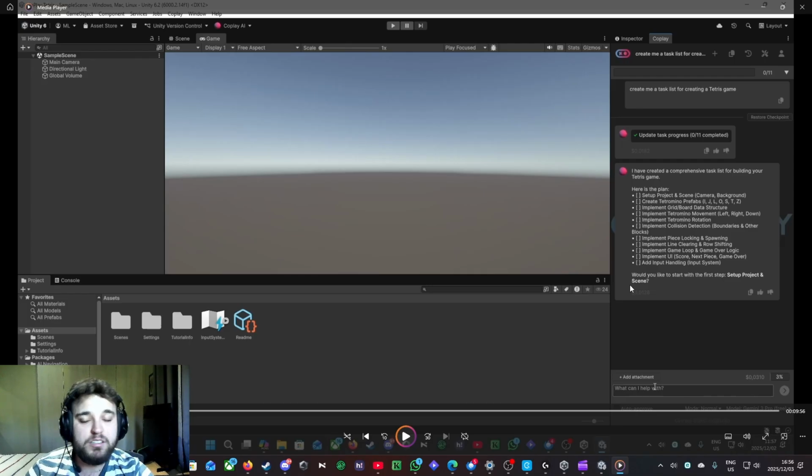So the first point is setting up the actual project, like the camera, the background, the basic settings, creating the actual prefabs, like the blocks that you use in Tetris, the L shapes, then implementing the board structure, so the form of the board and how high and wide it is going to be, then implementing the left, right, down movement system, which the user controls, and then adding the rotation function for the blocks,